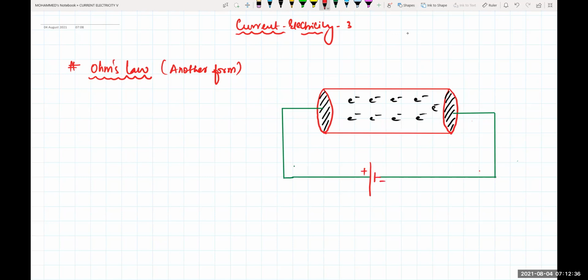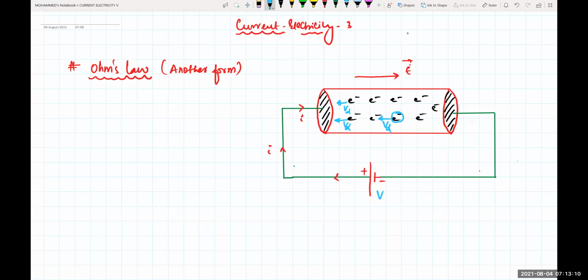So there is a flow of current in this conductor. The current is flowing in this direction, that is I amperes. The electric field E is applied in this direction. The electrons will try to drift in the backward direction, and that velocity is known as the drift velocity, VD. So all the electrons drift in the opposite direction. This current is known as electronic current and this is the conventional current. Electronic current is always opposite to the conventional flow of current.